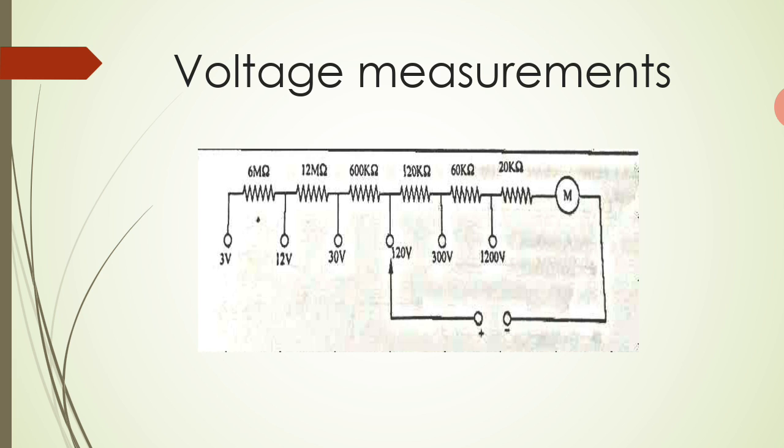Now the procedure for voltage measurement. Check the pointer 0 position when the instrument is off. Set the function switch to DC or AC as required. Next, set the range switch and adjust DC. Select the voltage range greater than the voltage to be measured. Then connect the input voltage to the terminals and read the reading as close as possible.